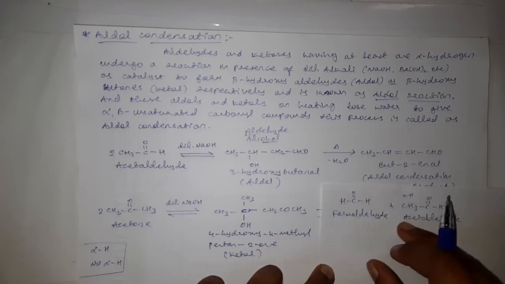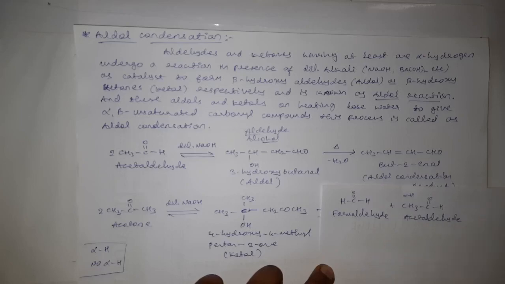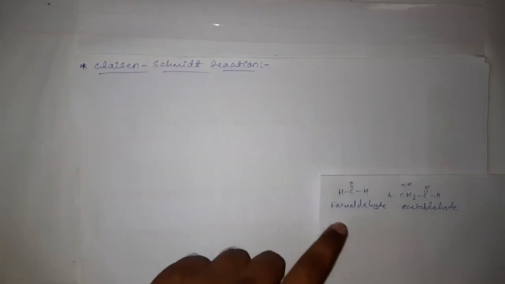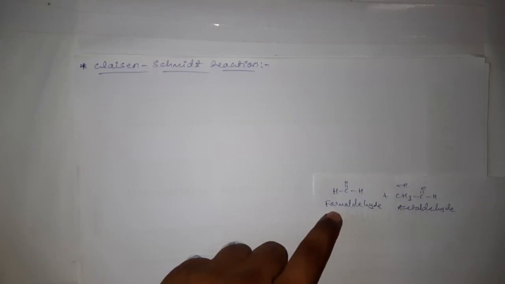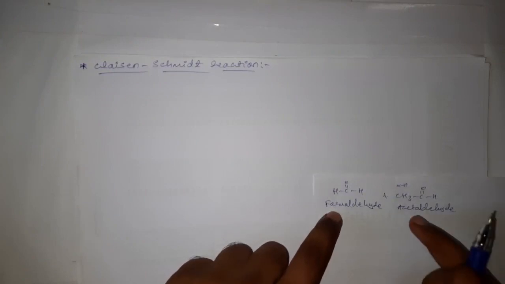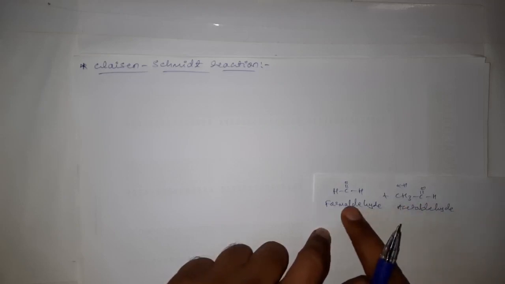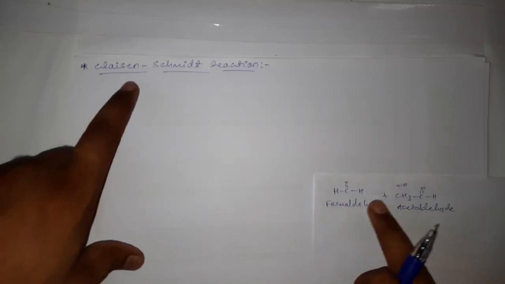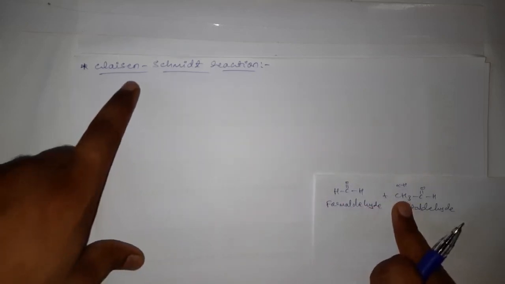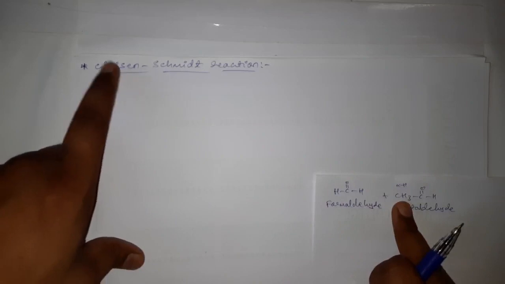In that case also the aldol condensation process is possible, but that aldol condensation reaction is particularly named the Claisen-Schmidt reaction. Whenever the two reacting aldehydes or ketones have alpha hydrogen in one molecule and no alpha hydrogens in the other molecule, the reaction taking place between these two in the presence of dilute sodium hydroxide is called the Claisen-Schmidt reaction. That reaction we can write like this: